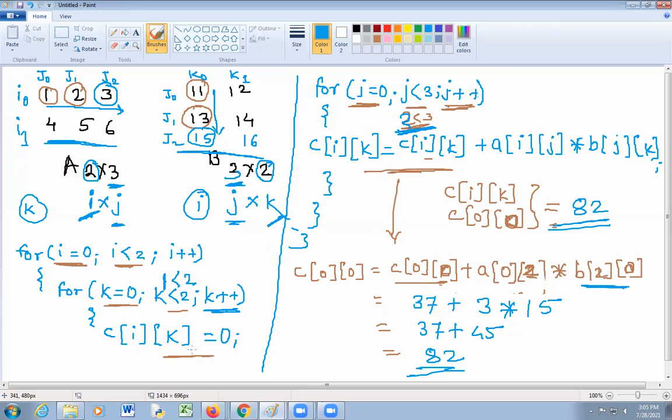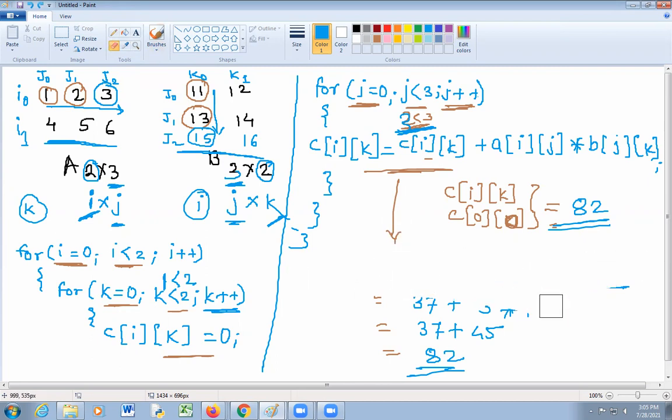So C of ik is equal to 0. Then j is equal to 0. So here i equal to 0, k equal to 1 and j equal to 0.